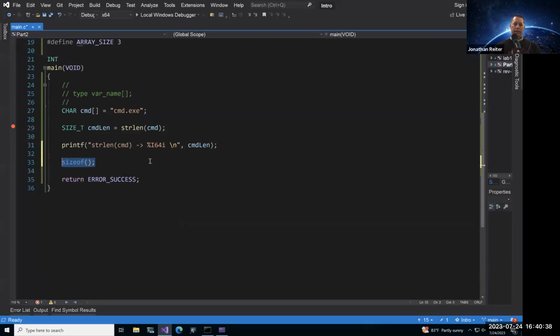Before we get to sizeof, let's go with what you were talking about there. Command, let's find out where that period is. 0, 1, 2, index 3 should be the period. Let's say that's a null byte.